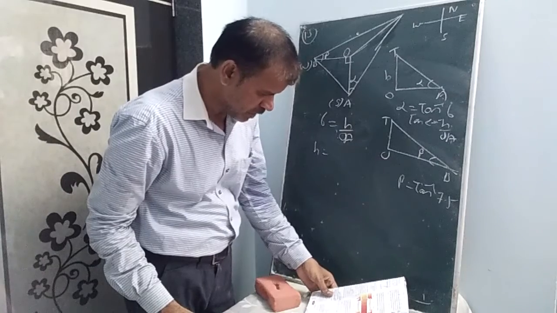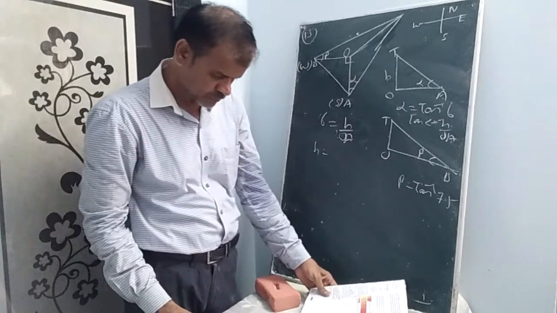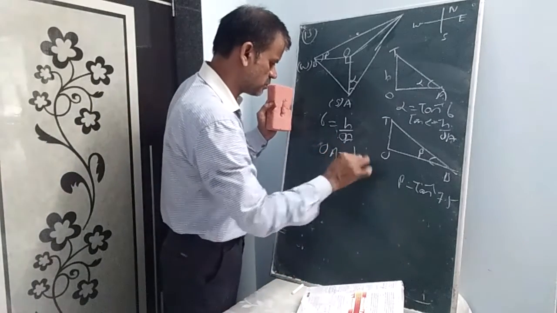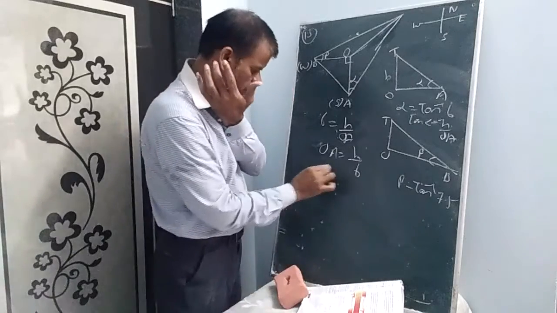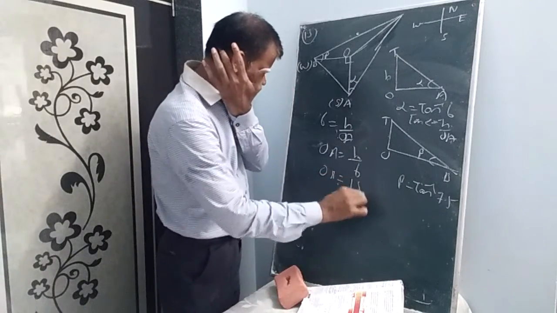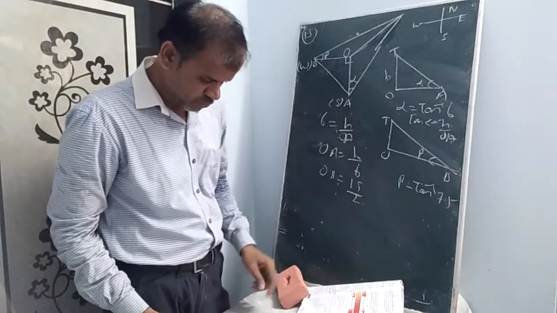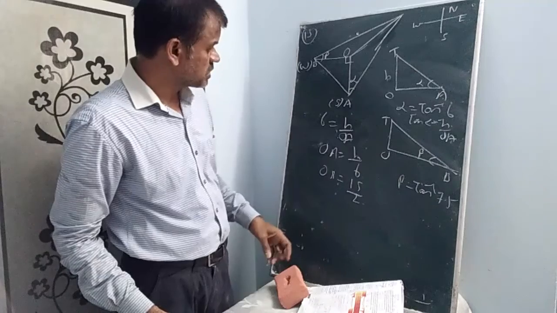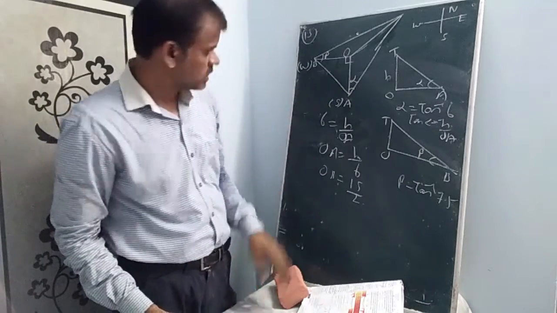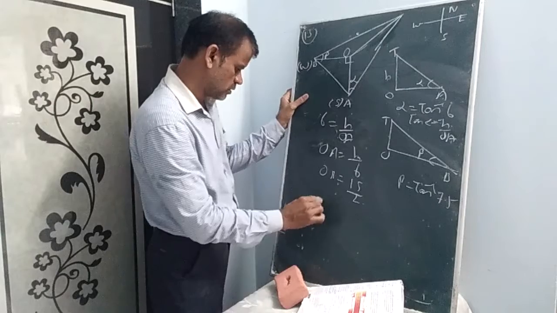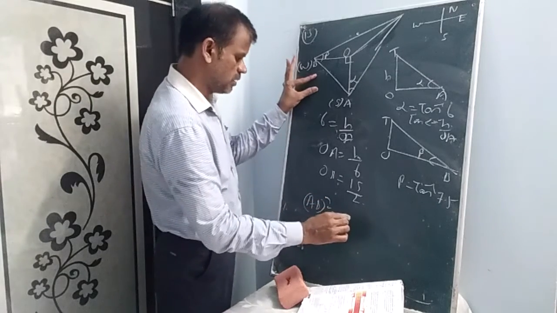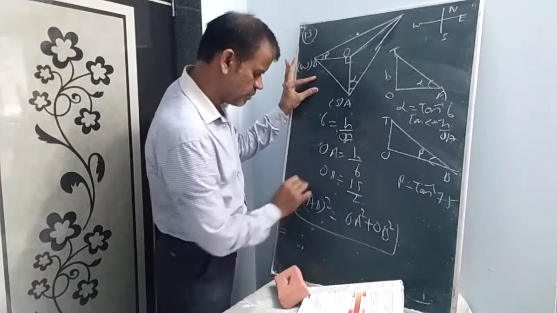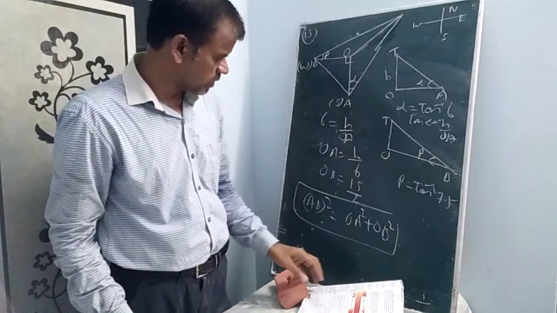Given AB is equal to lambda due west. OA is equal to H by 6, you can write. And in a similar way, OB is equal to 15 by 2 times H, because it is 7.5. Now the condition is AB square is equal to OA square plus OB square.